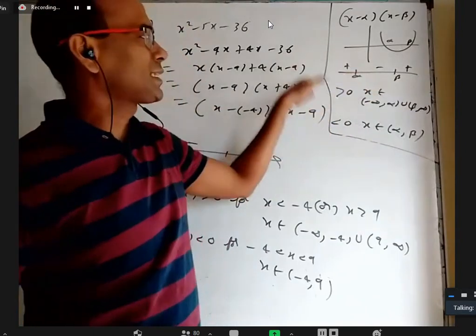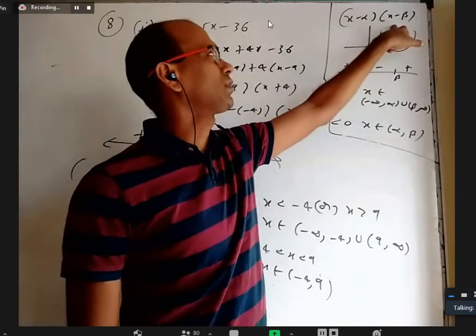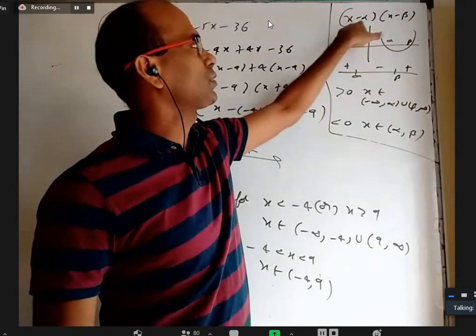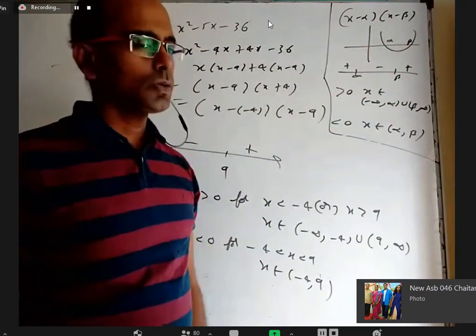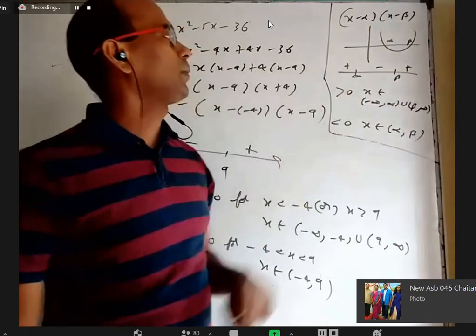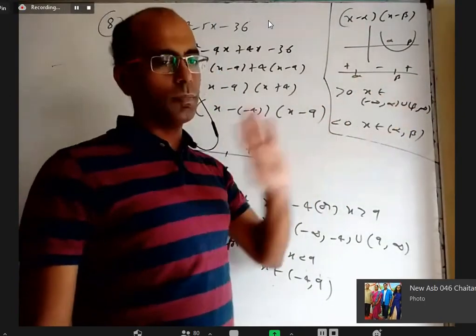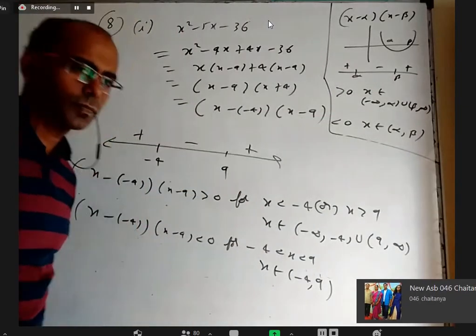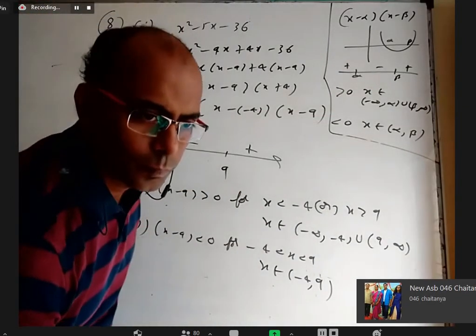If we take anything less than alpha and substitute, both factors are negative, the product will be positive again. When I take a value between alpha and beta, one factor is positive, the other negative, so the product will be negative. So this expression is positive after beta or before alpha, and negative between alpha and beta. So these are very important, we use them repeatedly. That is what you did in the main problem, sir.